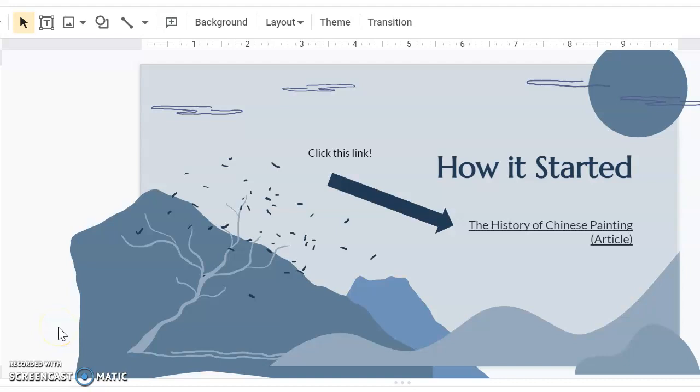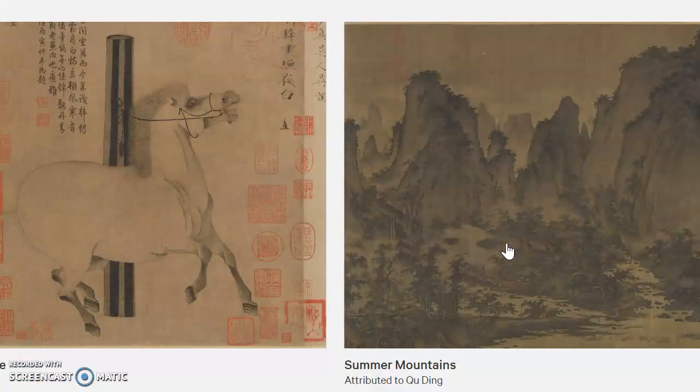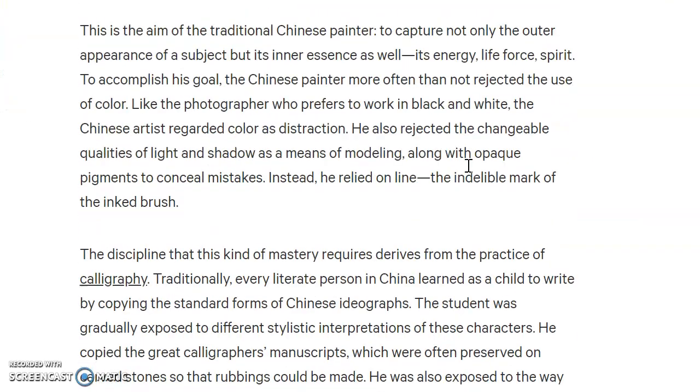Hey guys, so as we look into the history of ancient Chinese painting, we're going to be looking at a little bit more detail about how they painted and what was the idea of the painting. So I've put in this article and I'm just going to read a little bit for you. It is all about Chinese painting. As you can see on the screen, we have some beautiful Chinese paintings here, but I'm just going to go down to this third paragraph and read a little bit to you about what the style or the expectation of